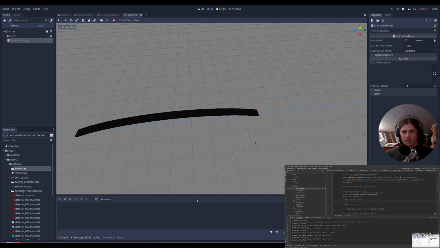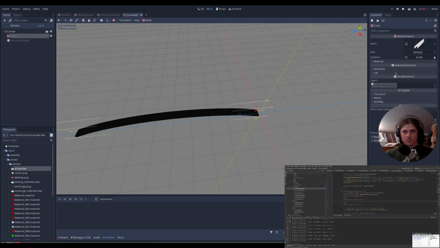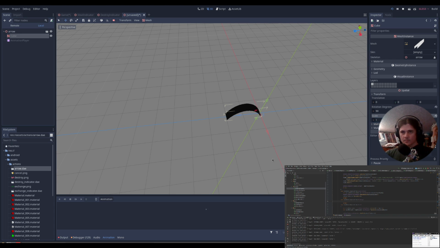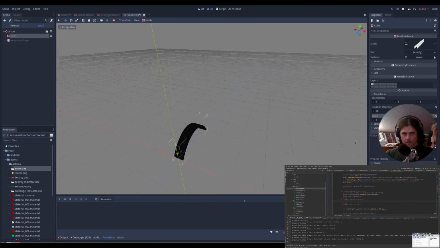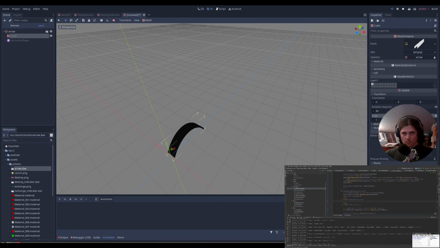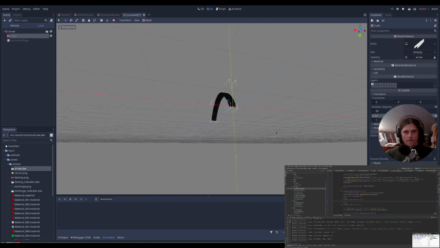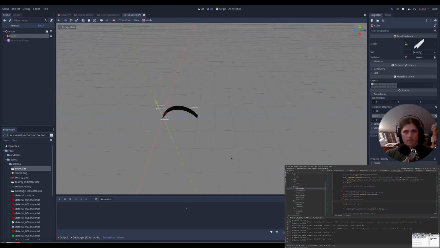X, Y, and Z. So let me just adjust this value so it's scale of 1, because we are going to try to scale it to the distance of the card, and I actually want to make this one a little bit narrower. So yep, and